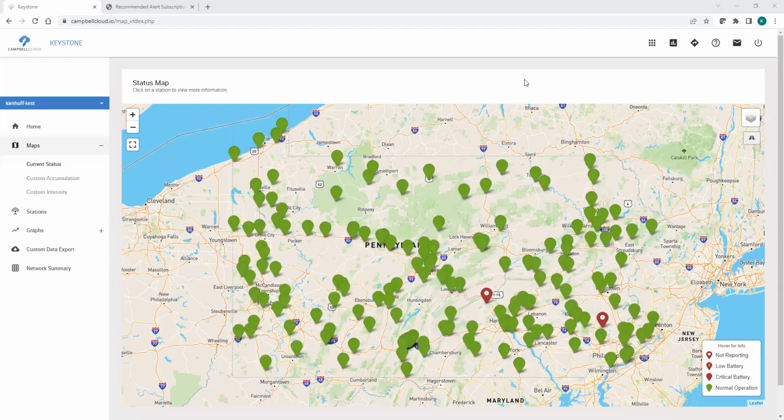Hello, everyone. Before we begin, I'm just letting you know this is part two in a series of videos that goes through the process of setting up your Campbell Cloud alerting subscriptions and the alert setup. The first video covers how to activate your account and give you the ability to log into the system. So if you have not done that step just yet, go back and either watch that video or go through the process before you start watching this, which this video today will cover the process of subscribing to alerts and